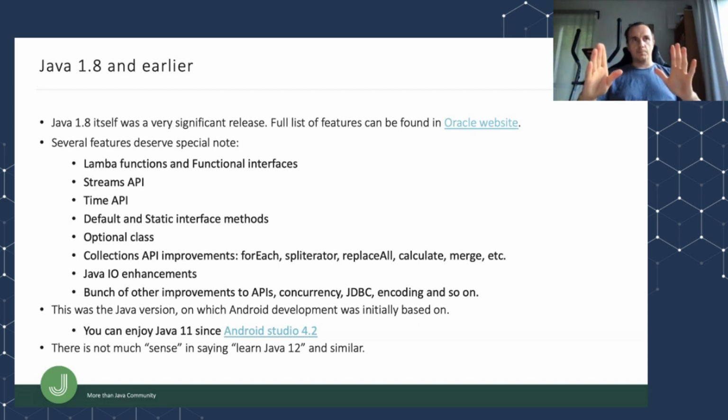Also, just to nail that thing down, there is no such thing as learning Java 12, or learning Java 17, etc. If you learn Java, I guess the absolute baseline, as I said already, is Java 8. Everything beyond that is an evolution, not a revolution. Java 8, you could consider in a certain fashion a revolution, because it really was a huge release with a lot of features and changed a lot how Java works. With that said,